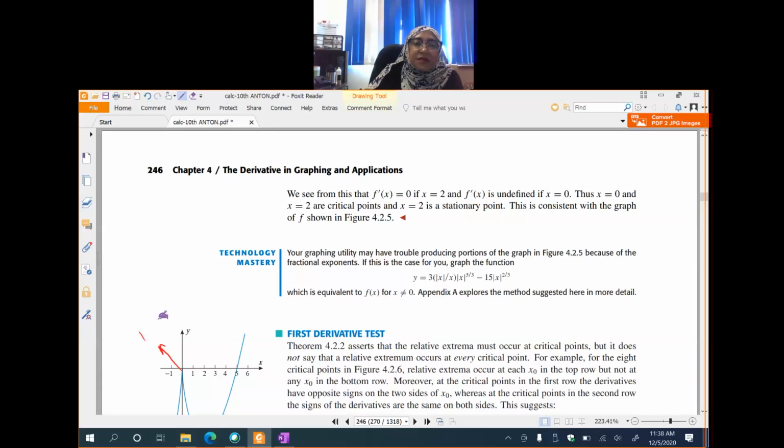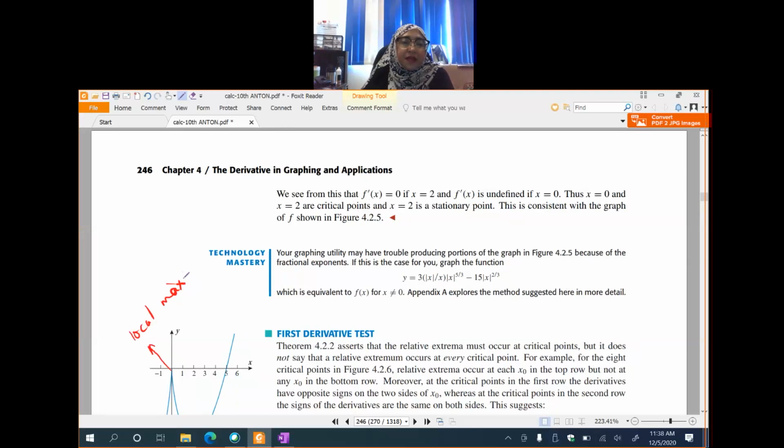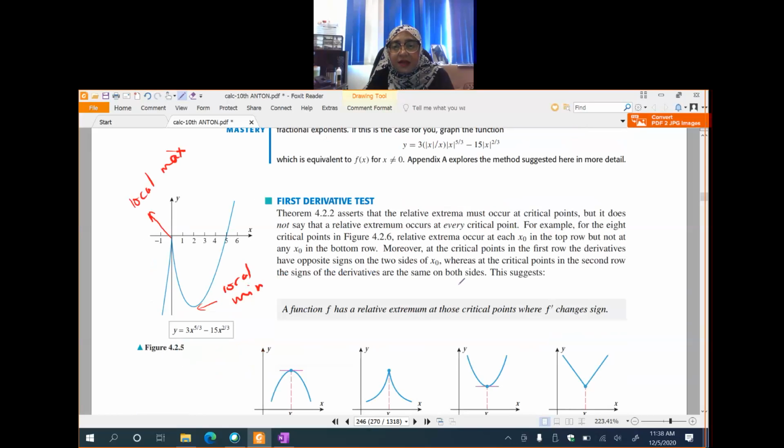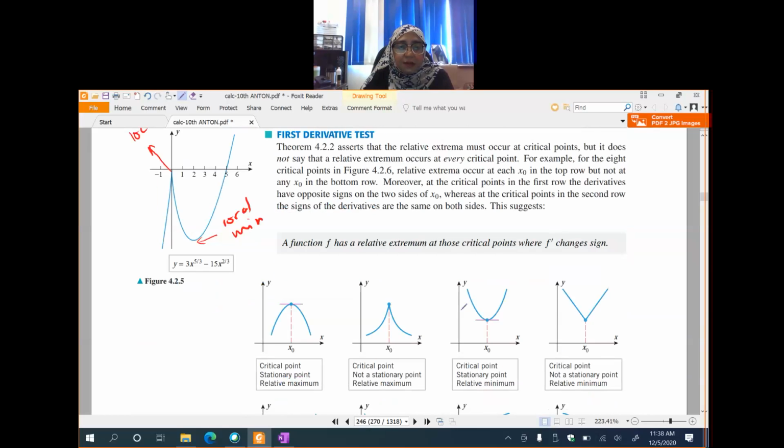So it's also a local maximum. You can still say that this is a local maximum, and this is a local minimum, or relative minimum. Okay, and then we go to the first derivative test. This is like what we have done before by using a table. For the critical points, when it is a stationary point,